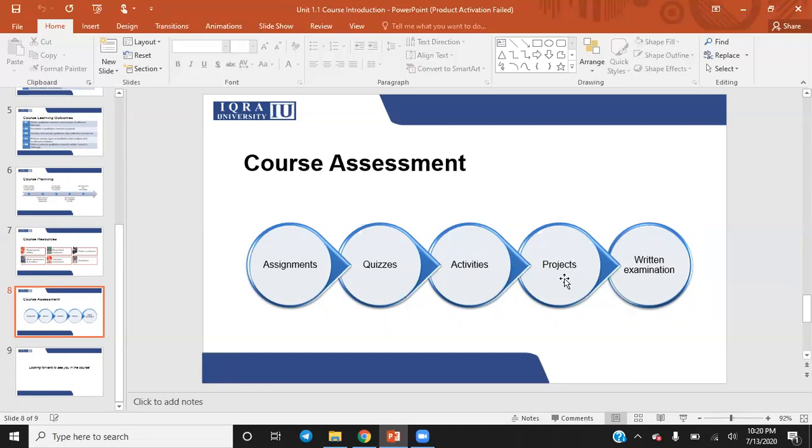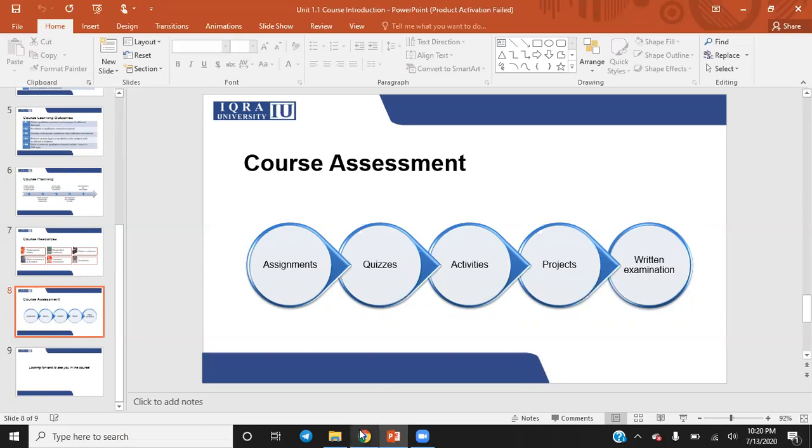In this class project, you will write a qualitative research paper. You might be doing it individually, or you might be doing it in a group of 2 to 3 people. It's better to do it in a group, because in summer you might not have a lot of time. And then you have a written examination, which will be of about 30 marks. So 70 for all of this, and the written exam would be for about 30 marks.